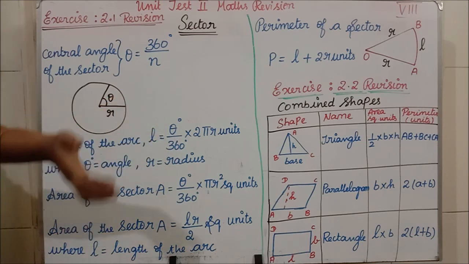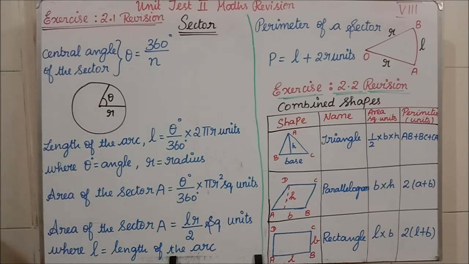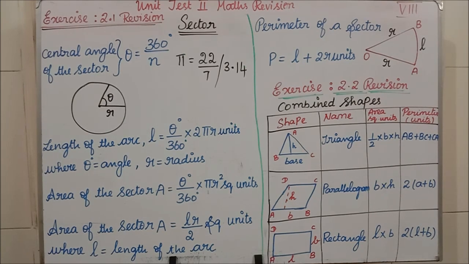You have to substitute the theta value they have given, and write 360 degrees into 2 into the pi value. They will tell you pi in the question; it can be 22 by 7 or 3.14. If they say 22 by 7, you substitute 22 by 7. If they say 3.14, at that time you substitute 3.14. If they have not given it, you can keep the final answer as pi itself. Clear, students?